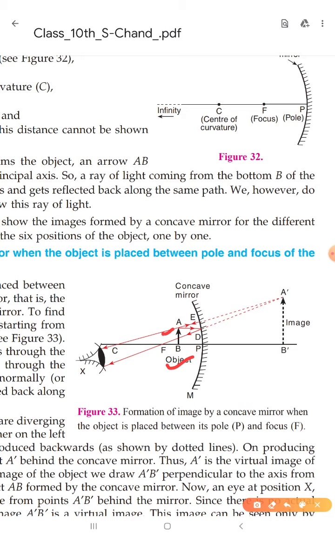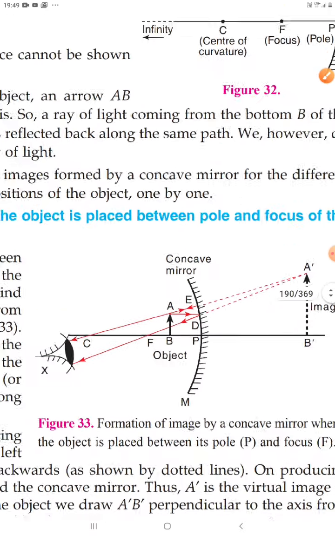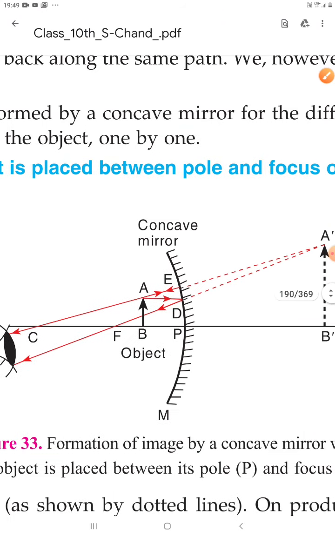At first, this ray which is parallel to the principal axis, which is AD. In this case, the first ray AD is drawn from point A, and after reflection it moves through the focus. As we know, this is our rule also: whenever we send a ray parallel to the principal axis, then after reflection it moves through the focus. So the same thing is happening here. This is an object AB. This ray is parallel to the principal axis. After reflection it moves through focus F.